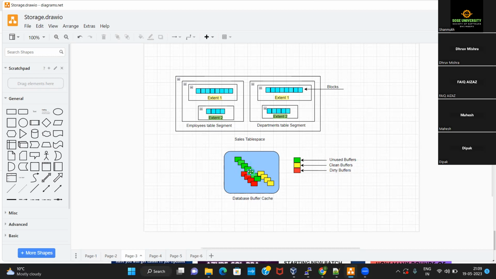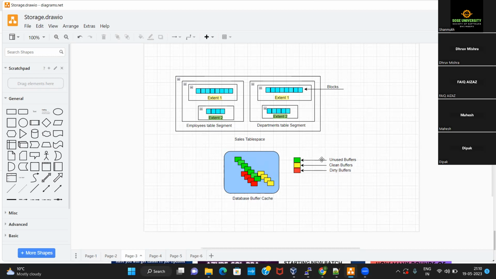If it doesn't find any unused buffers, it will have to apply the least recently used algorithm, wherein it will clean up some of these buffers which have the data which was used for some previous queries. So it will clean up these clean buffers to make space for new queries that have been fired by the users in the database.